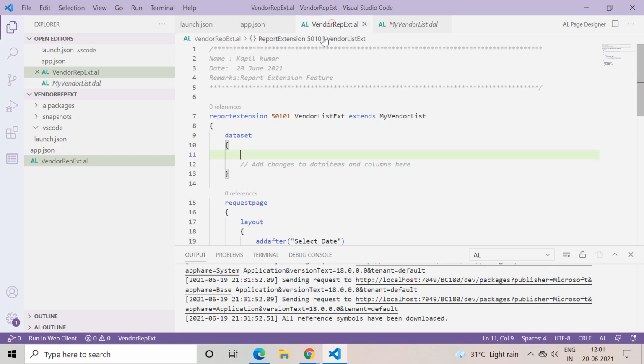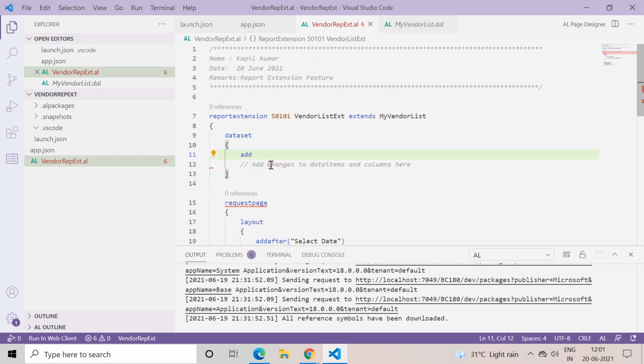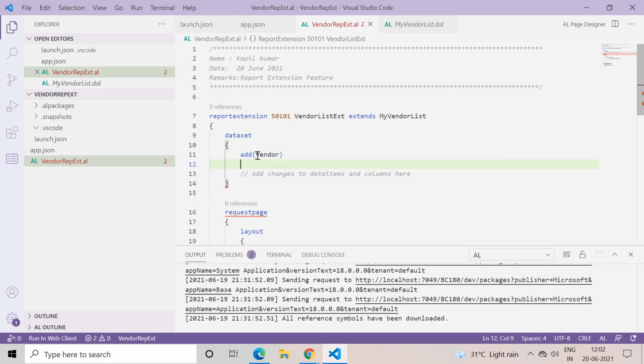So what we can do here, we can select add, and in the add you must input the name of the existing data item. In our case it is vendor. Because we know we want to add one of the fields of the vendor data item.